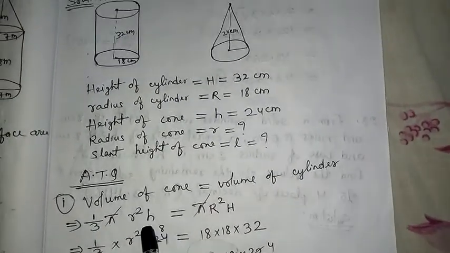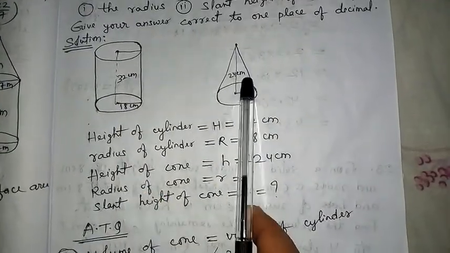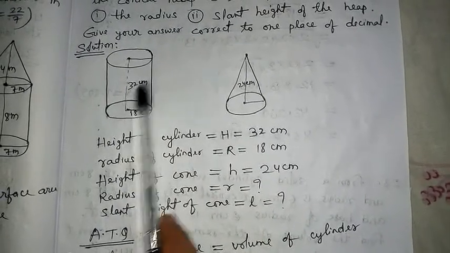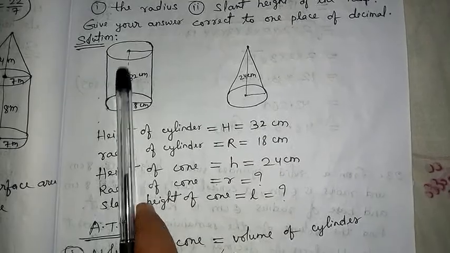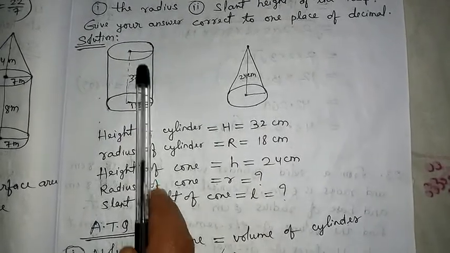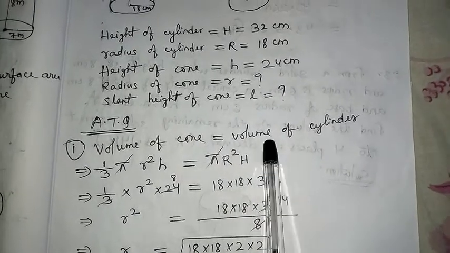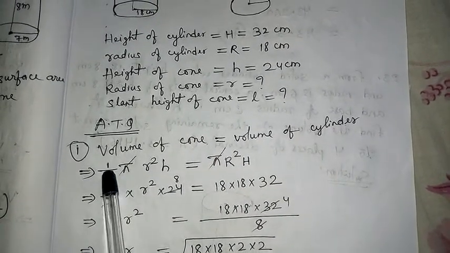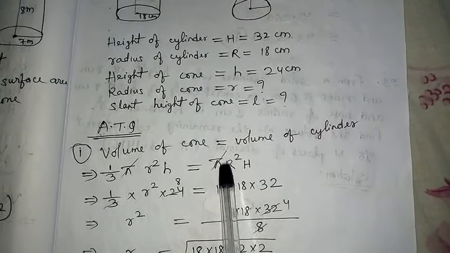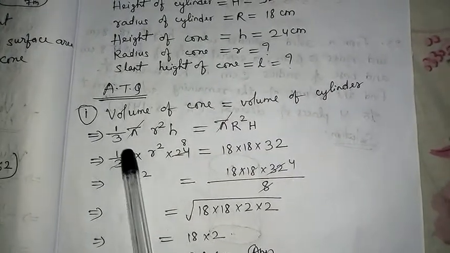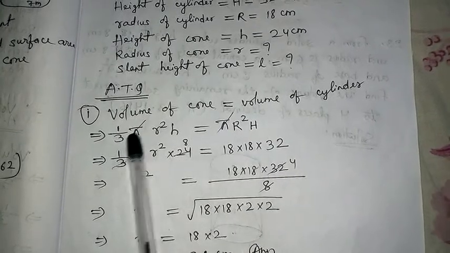Now as you know, from here only this sand has come, so I can say the volume of this cylinder will be equal to the volume of the cone, because from here only the sand came. That means whatever was the volume, the same volume is here. So I can say volume of cone equals volume of cylinder. Put the formula: 1 by 3 pi r square h equals pi R square H. But here small, this is capital. Now I can cancel pi on both sides.